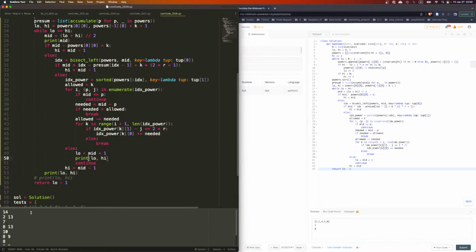Alright, so 14 will be 7. This is 7, and then low will be A13. A13 will be 10, and then it'll be 8, 9, right? 8, 9, we do 8. And then, oh, 8, 9, we do 8. And then,